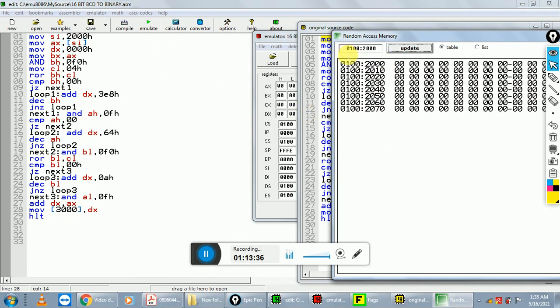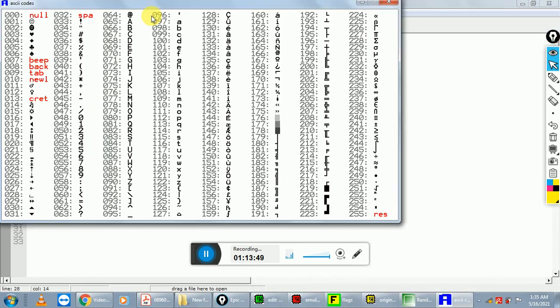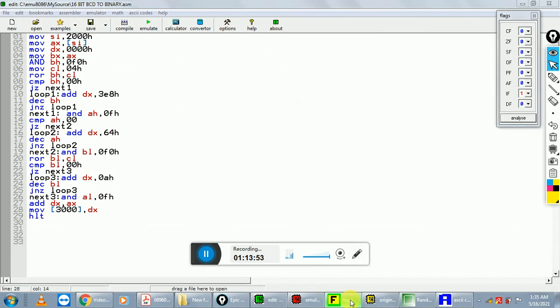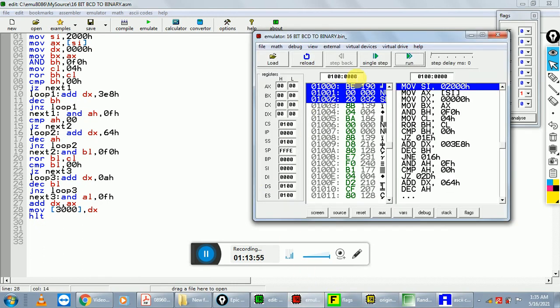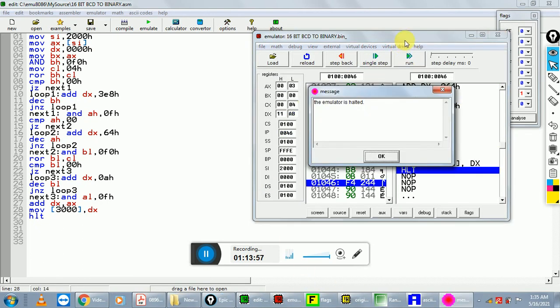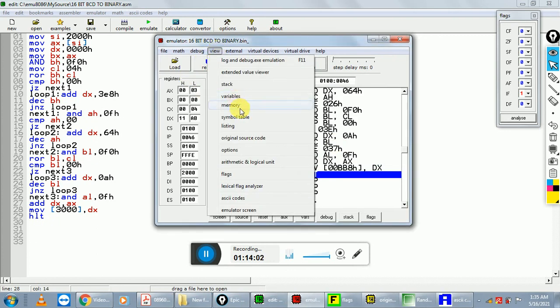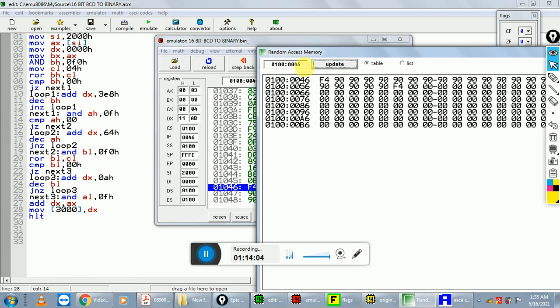Click on emulate, and first write down the number: first 23, then 45. Click on update, click on emulate, and click on run. Then go to view, click on memory.